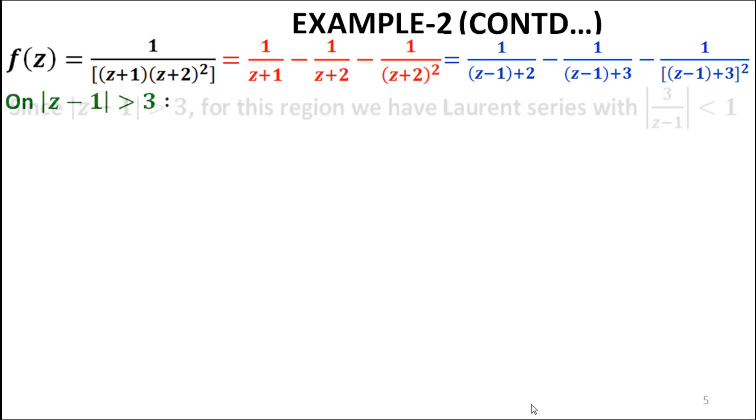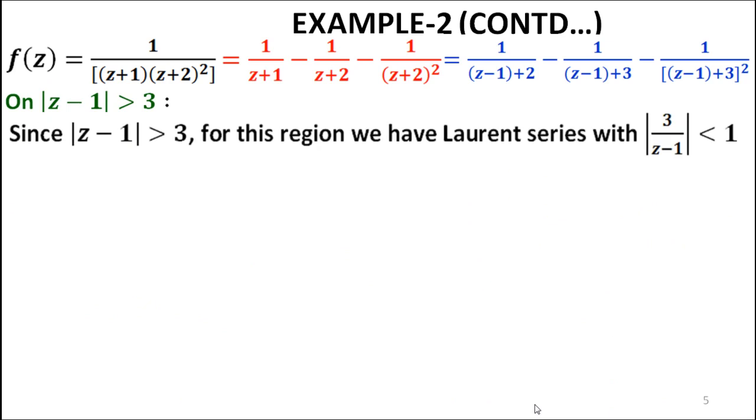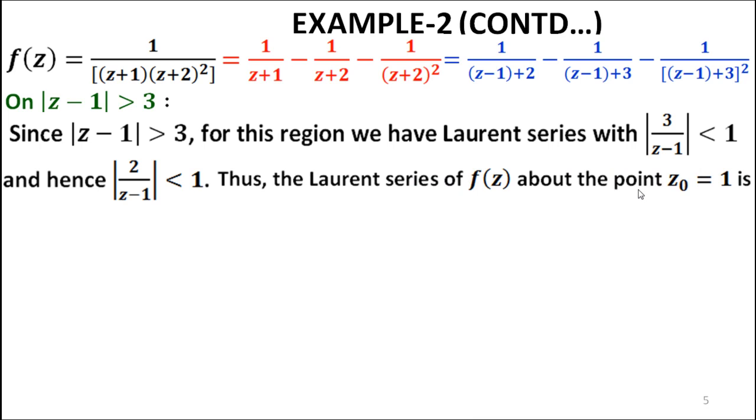Since mod of z minus 1 is greater than 3, for this region we have the Laurent series with mod of 3 by z minus 1 is less than 1. My dear students, please verify this condition based on the given region to get the binomial expansion for the function f of z. Since we have mod of 3 by z minus 1 is less than 1, hence we have the condition mod of 2 by z minus 1 is less than 1. Thus, the Laurent series expansion of f of z about the point z naught is equal to 1 is